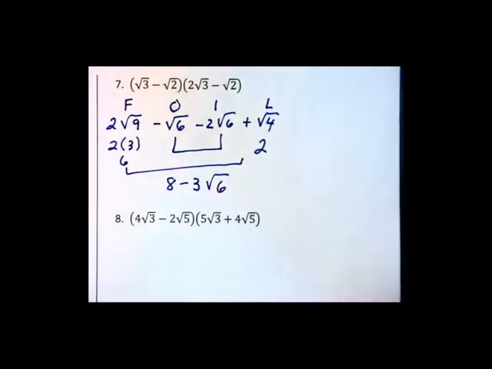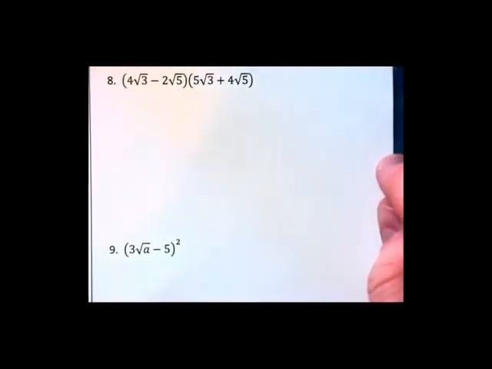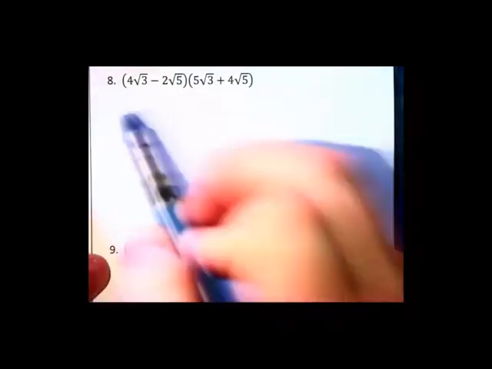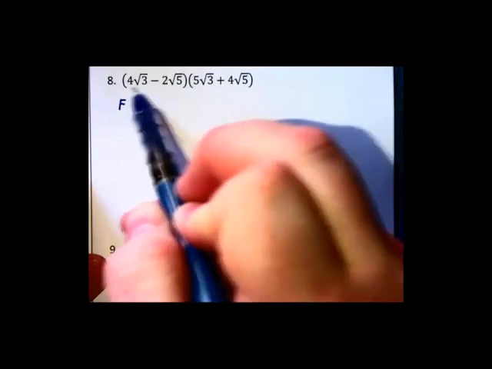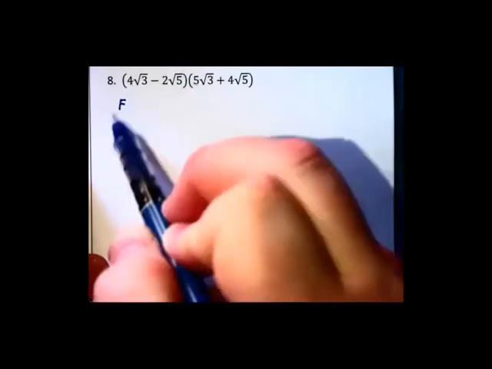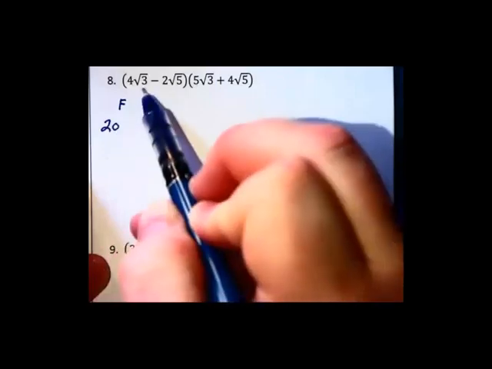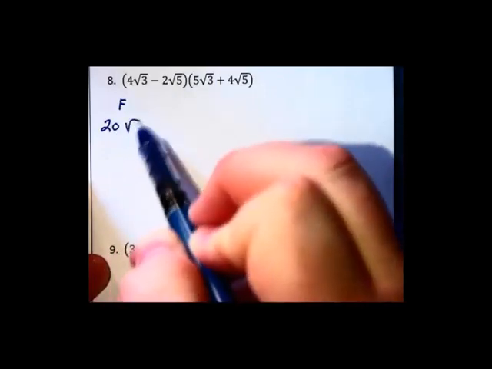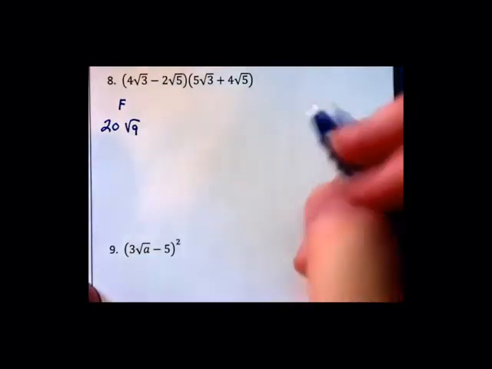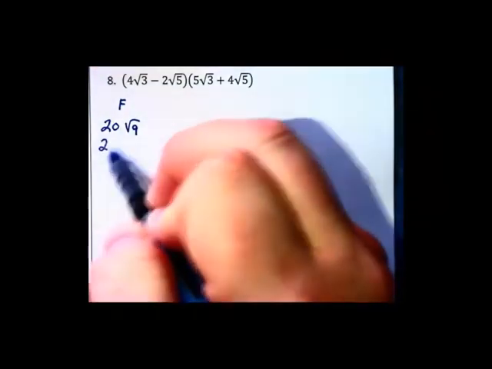Lots to watch out for, and one little mistake will mess it all up, so you've got to take your time. Your worst enemy is yourself going too quickly. So here we go with number 8. First term of FOIL. We've got 4 root 3 and 5 root 3. The outside 4 times 5 makes a 20. The inside root 3 times root 3 makes root 9. Don't try and go straight to the 20 times 3 is 60 too quickly. You can do that on a second line